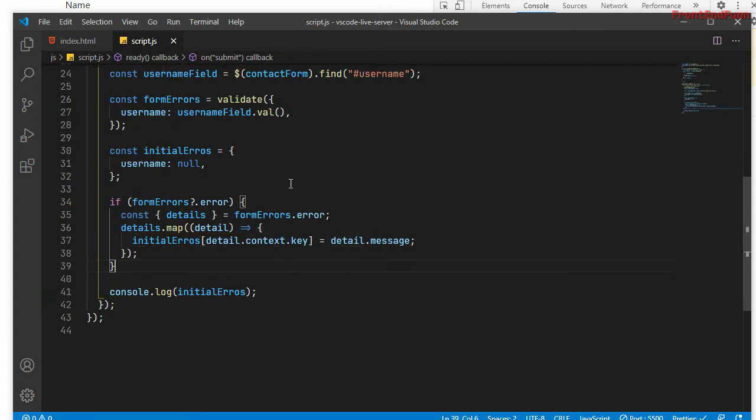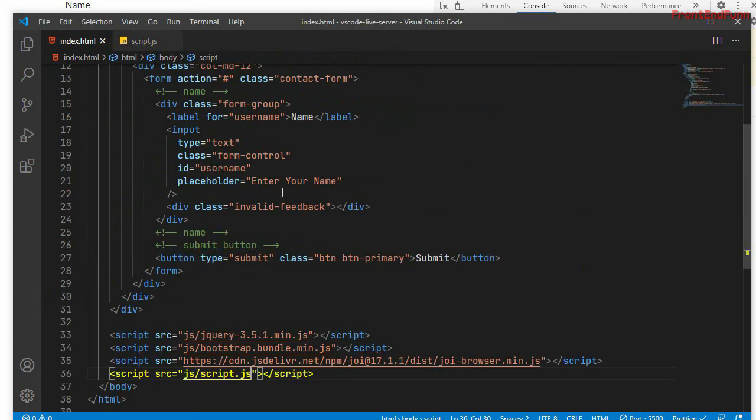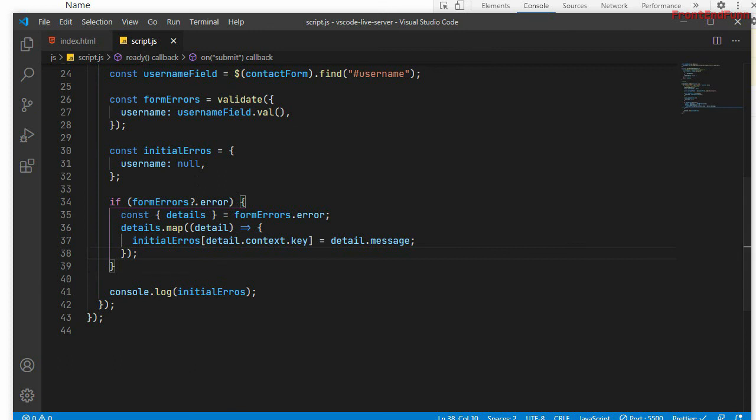So we need to display this error message in the invalid feedback. What we can do is write the errors to the UI.